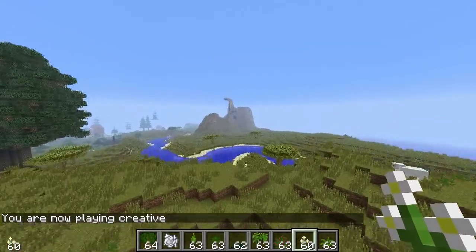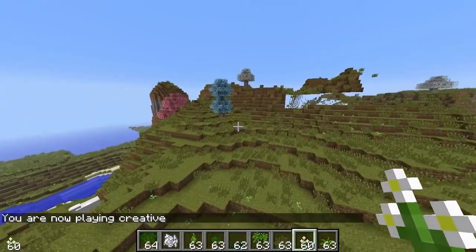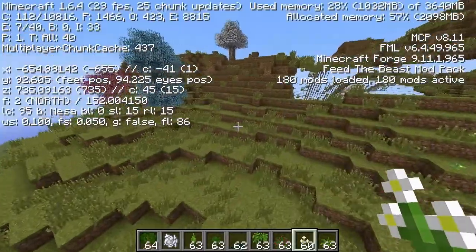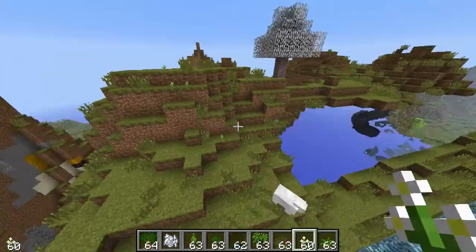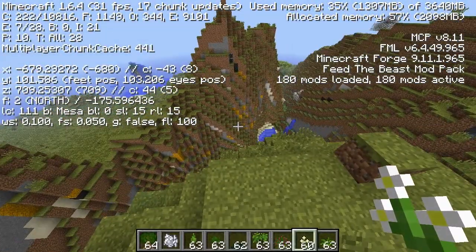Yeah, the Snow Mountains are notable. They really reach 220 blocks in height. The Rock Mountains reach 200 blocks in height. That's interesting. Yeah, like I said, there's Mesa. And the Highlands is available in two flavors. There's the